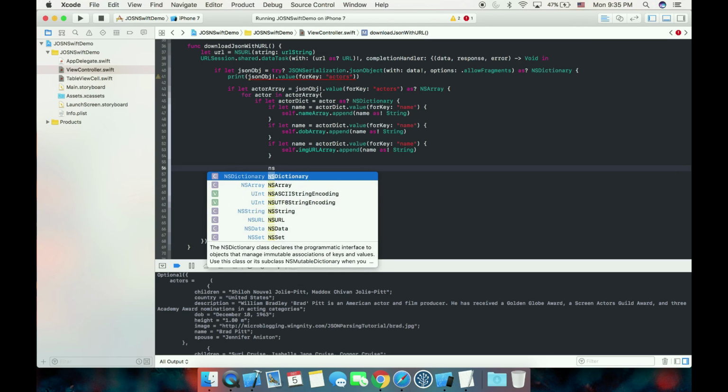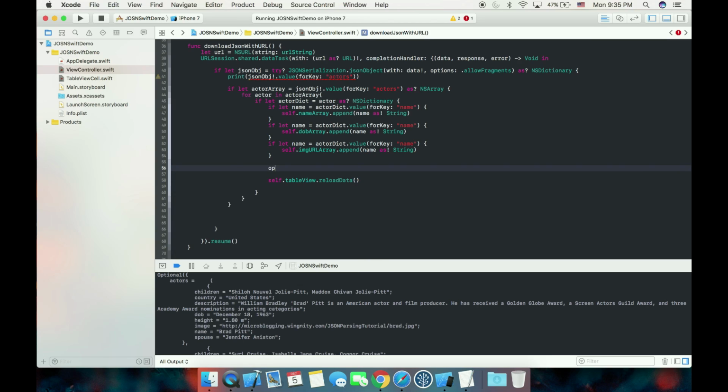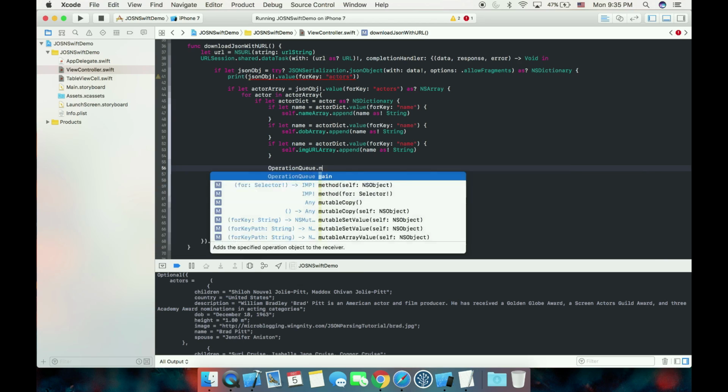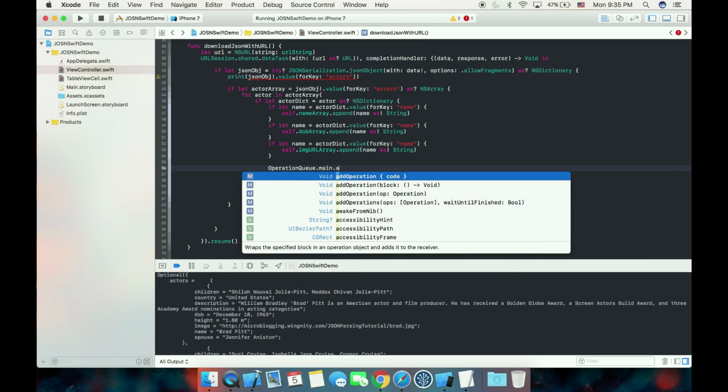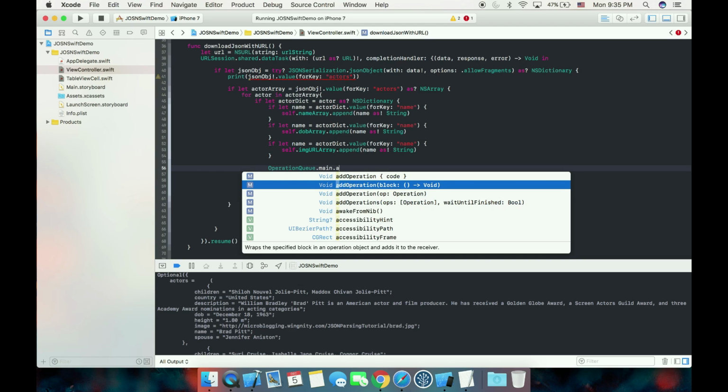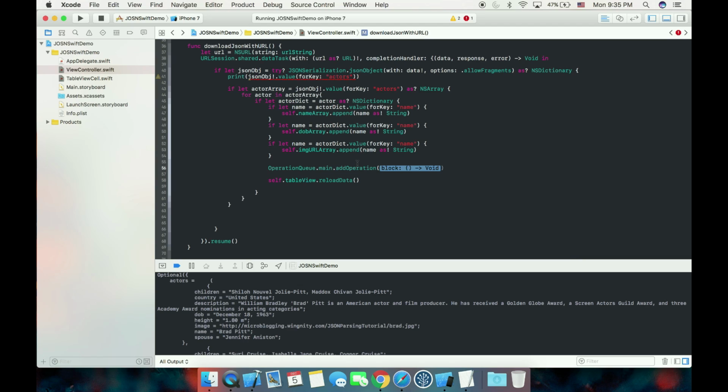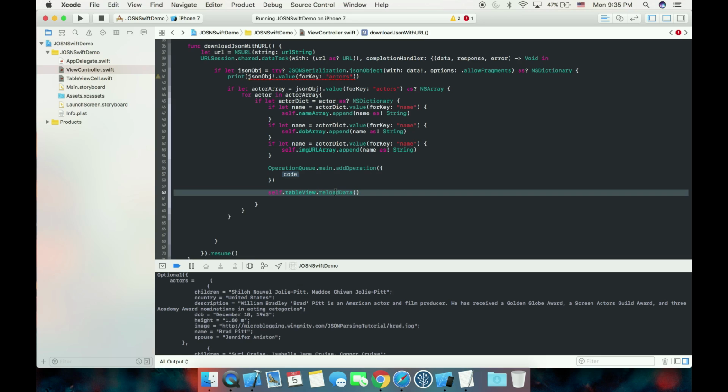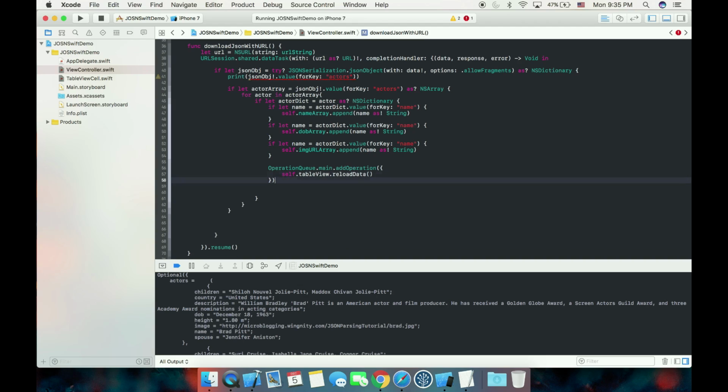So let's use OperationQueue.main.addOperation with a block, and then paste our tableView.reloadData there. If you have any question about why we are adding this as OperationQueue.main.addOperation,